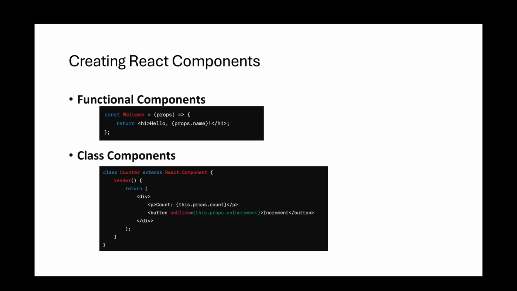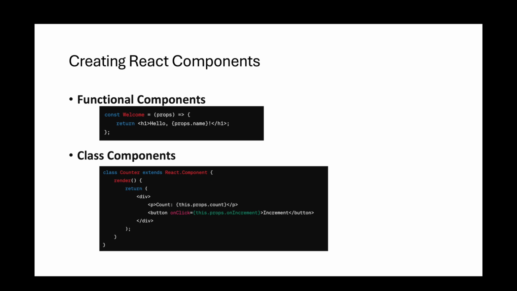Creating React components. Functional components. Functional components are JavaScript functions that accept props as arguments and return React elements. They are used for presenting UI elements and are preferred for simple components that don't need state or lifecycle methods. Example: const Welcome = (props) => { return <h1>Hello, {props.name}</h1>; }